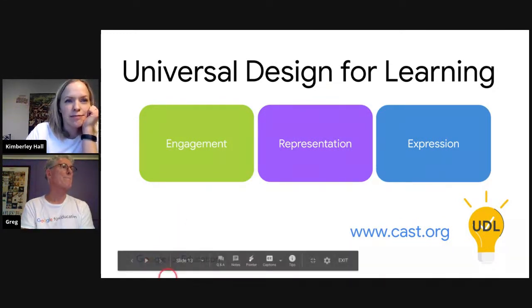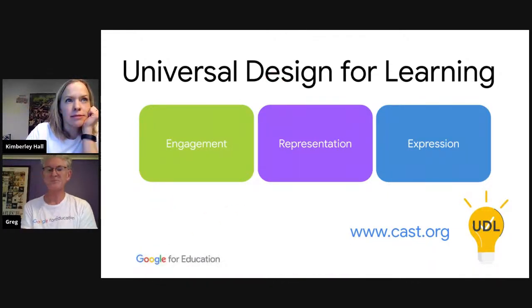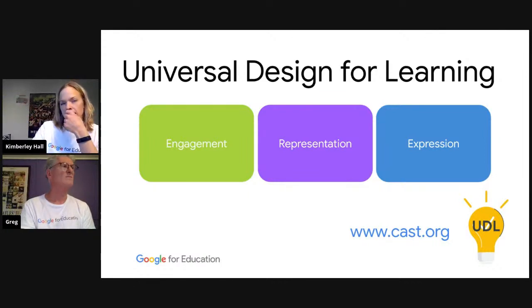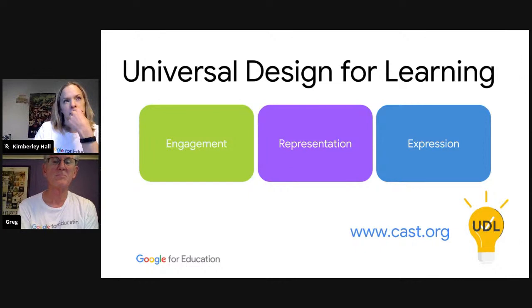It's about what we need to do in our classrooms, in our schools, and across our systems. We need to ensure that we have multiple ways that students can access the curriculum, multiple ways of representation, multiple ways that our students can be engaged with the curriculum, and multiple ways that students can express what they know, multiple ways of expression. What's really important is that it's not actually what the students need to do. It's actually,